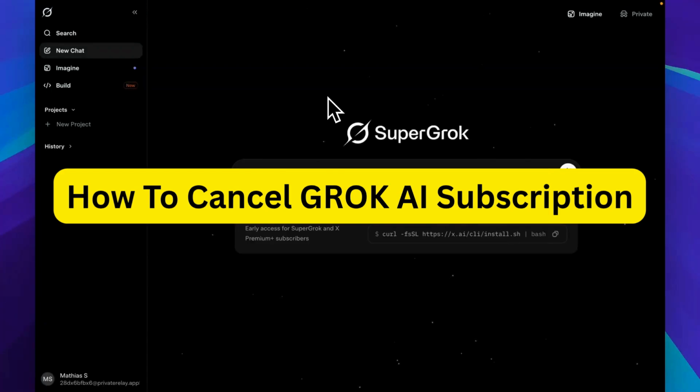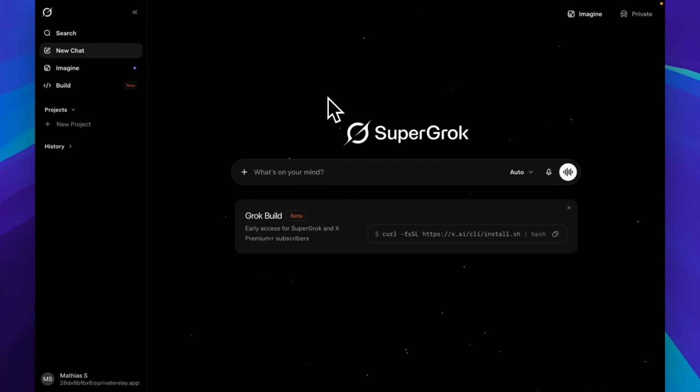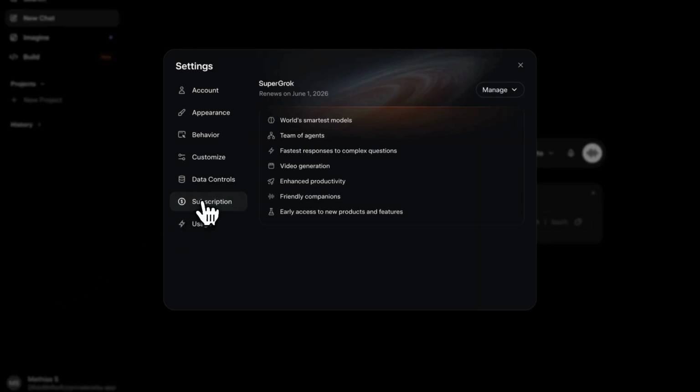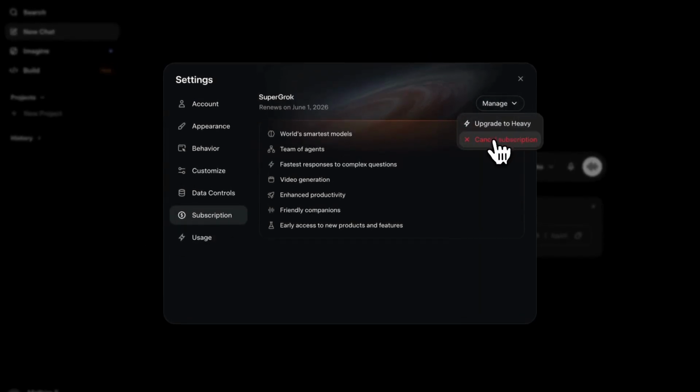This is a full step-by-step guide on exactly how to cancel your GROK AI subscription. So firstly, go into GROK here as you can see, and then click on your name in the bottom left corner, and then click on settings. Now under settings, click on subscription here as you can see, and then click on manage and click on cancel